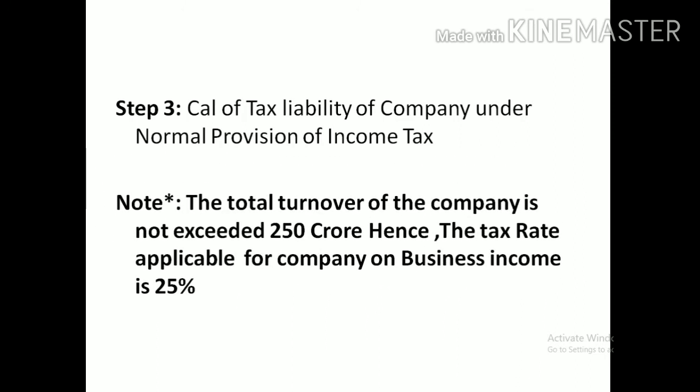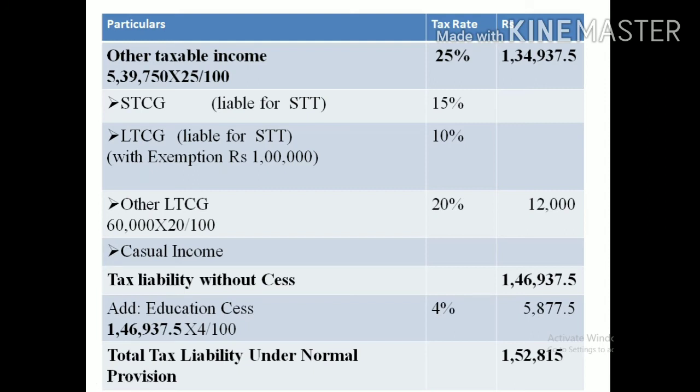Now calculate the tax liability. When you calculate the tax liability, please remember this one: if the total turnover of the company does not exceed 50 crores, then the tax rate applicable is 25%. More than that, 30%. Here the company has less than 250 crores turnover, so 25% is applicable as a flat rate. First, other taxable income, that is 5,39,750